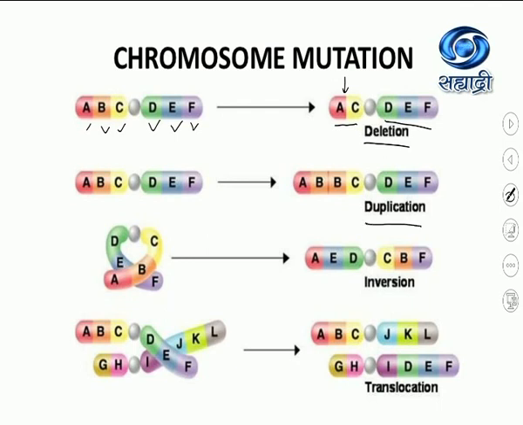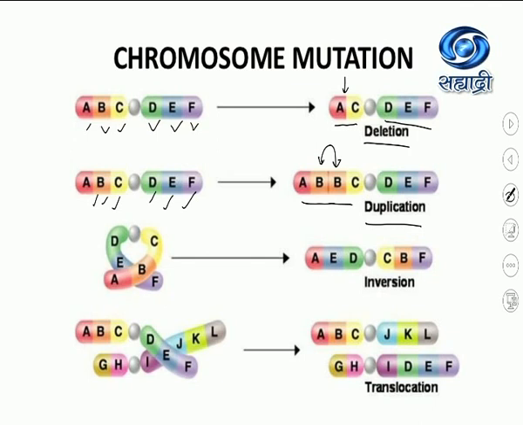The second is duplication. Look at this chromosome again. Look at the genes A, B, C, D, E, F. Look at what is happening after duplication. This B is getting doubled. It is getting duplicated accidentally. Now, instead of A, B, C, it is becoming A, B, B, C, and D, E, F. One gene is extra added. This gene, responsible for coding an amino acid, will be added extra. Proteins will be extra. The phenotype will change. So it leads to mutation.